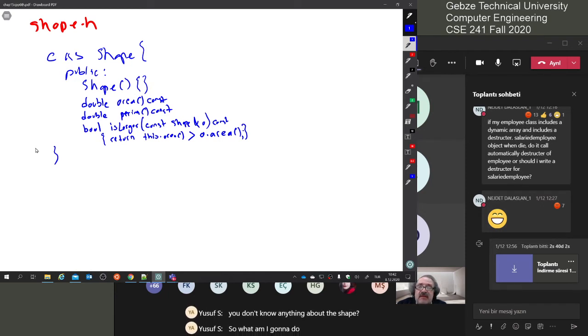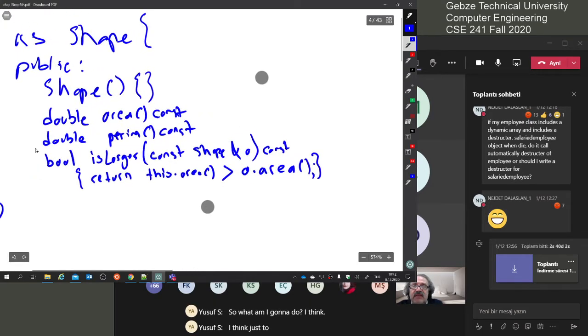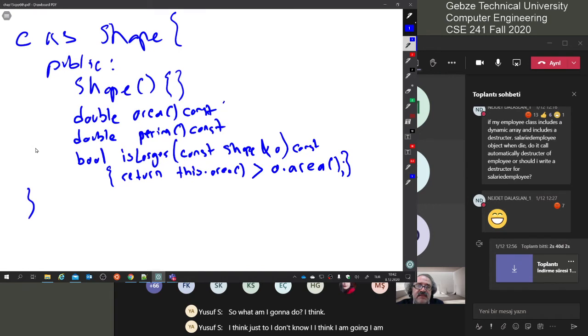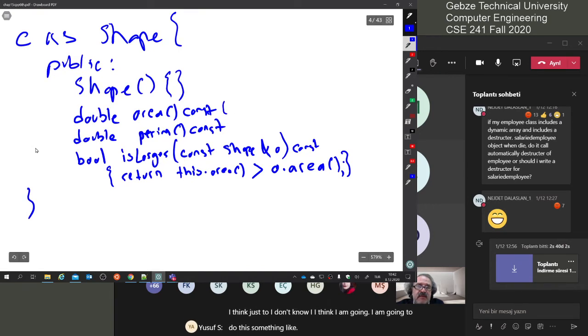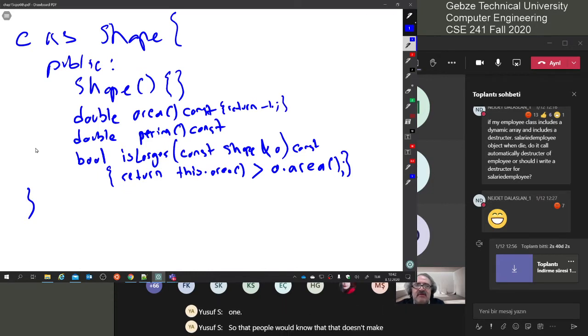I think I am going to do something like return, let me try to make this more curly. Okay, return -1,